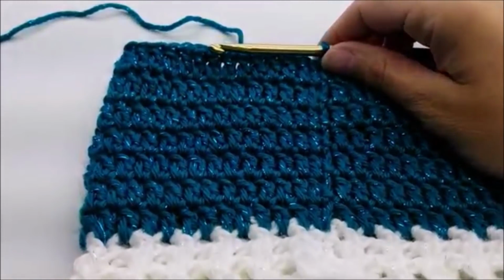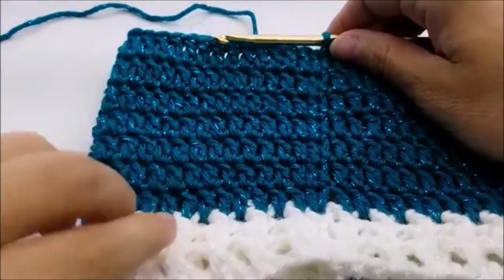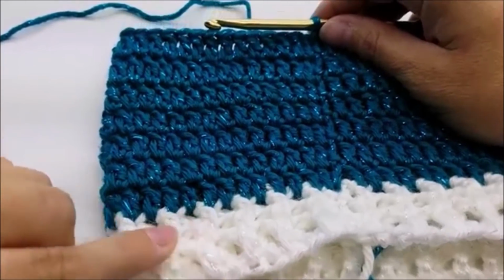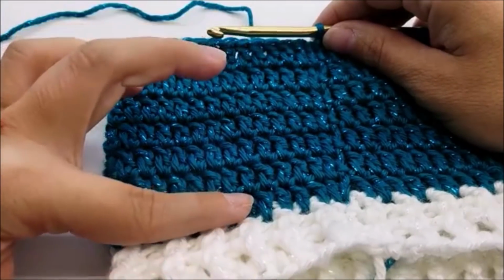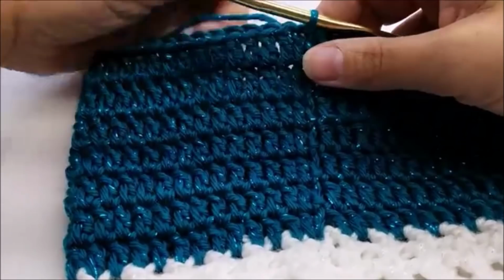Okay, you want to repeat round 4 for a total of 10 rounds starting from round 1. So it was 1, 2, 3 of the back posts, and then 4 was the 1 double crochet in every stitch, and you want to repeat that for a total of 10. So that was 4, 5, 6, 7, 8, 9, 10. Now what we're going to do is